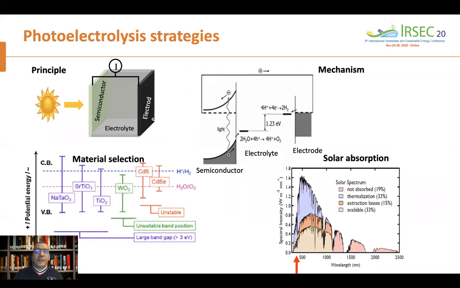So in this slide, I show you the principle of the photocatalysis fuel cell. If you see, it always comes with a semiconducting material and a counter electrode. The impinging light from the sun should produce enough energy to split the water molecule. If you see the mechanism in the middle here, you can see that when the impinging sunlight hits